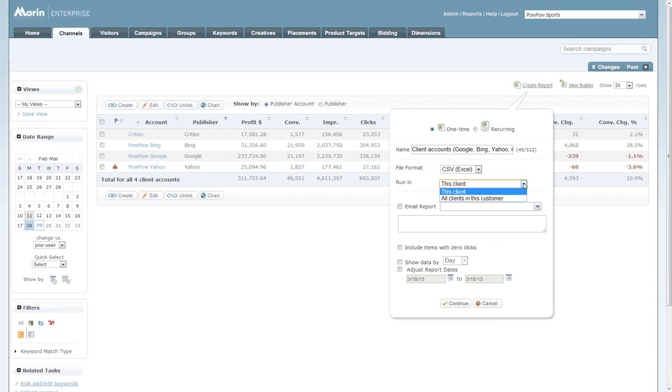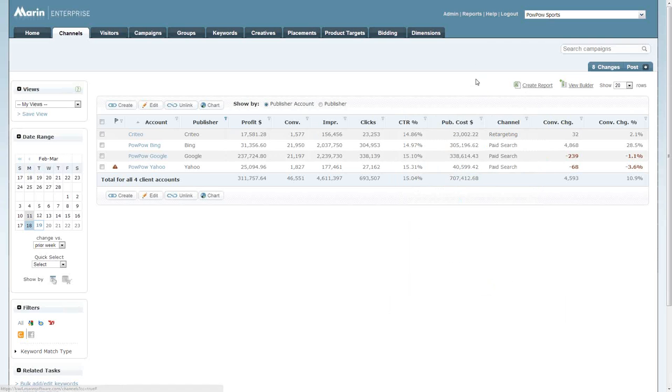Now, this account does not have any tags set up on it yet, so there are no additional options to show. But once we set up tags and the account refreshes, you will see drop-downs that say all clients with this tag. So if you have a region tag, it will show the regions, and so on and so forth. It'll be very specific to the client tags that you set within the application, for those of you using multiple Marin accounts. And in order to set these, you will